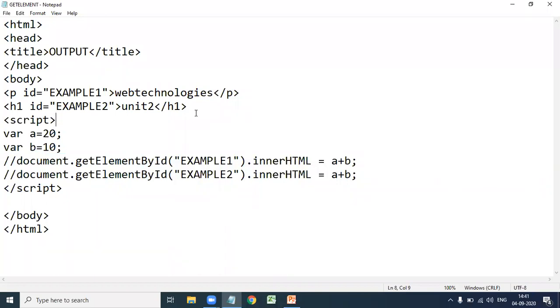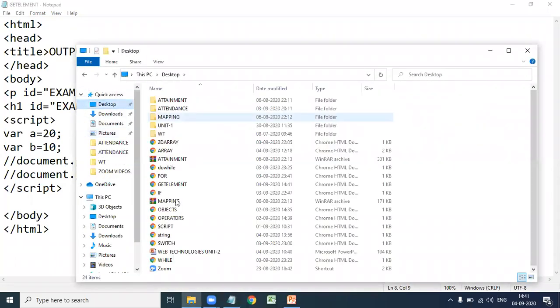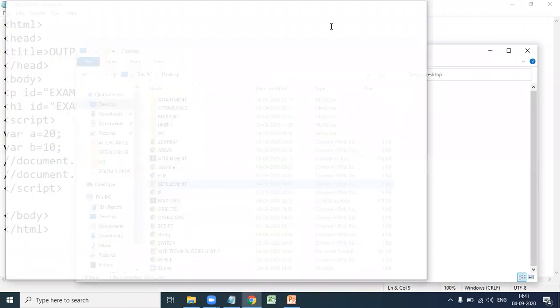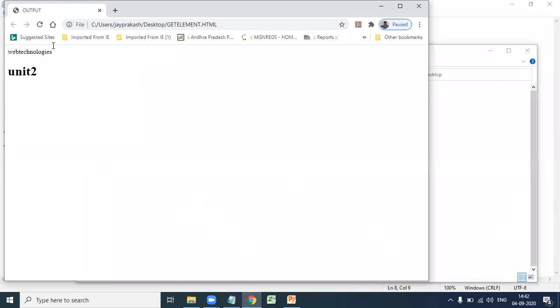HTML code. So here, paragraph web technologies and heading unit 2. Let us execute this one. See here, web technologies, unit 2.